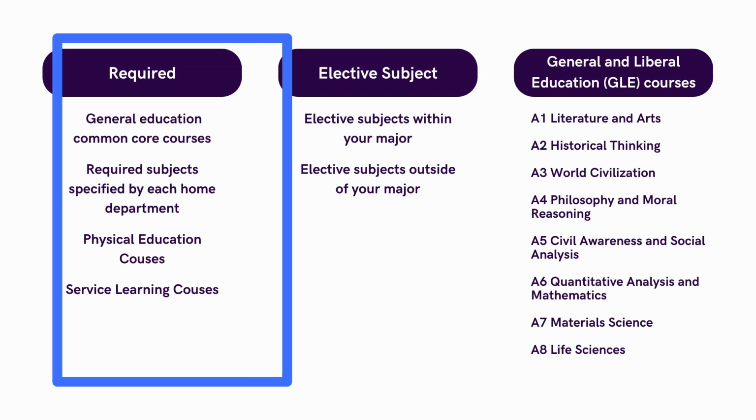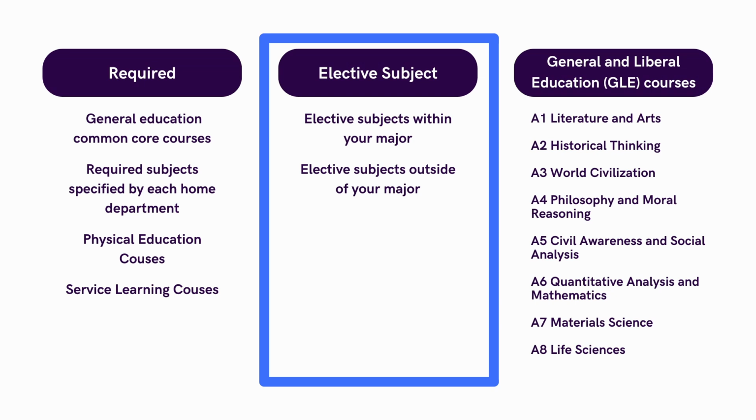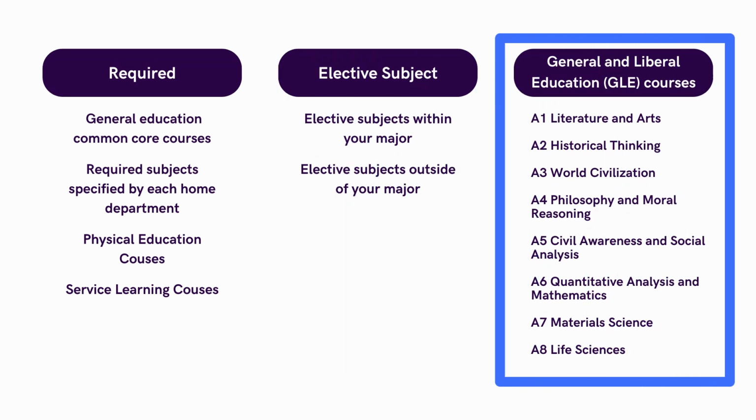Next, there are elective classes provided by different departments. These classes are more specialized, and a good start for your minor or even a double major. Lastly, there are general/liberal education classes. These courses are categorized into 8 different areas. This is where you can have the most flexibility in choosing your classes, simply because of all the variety.